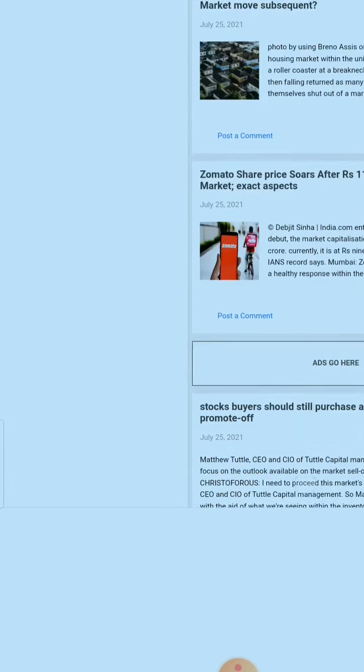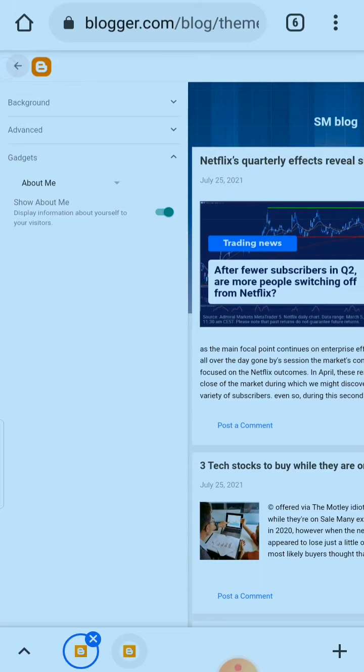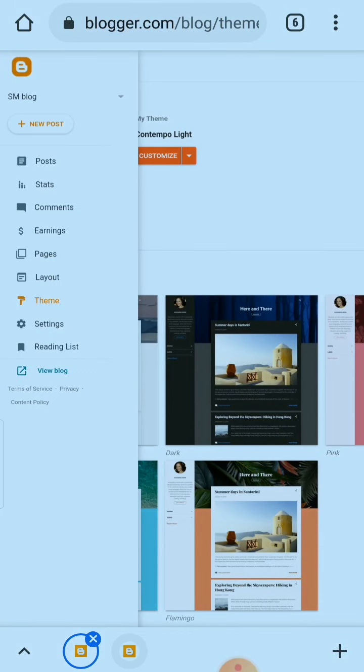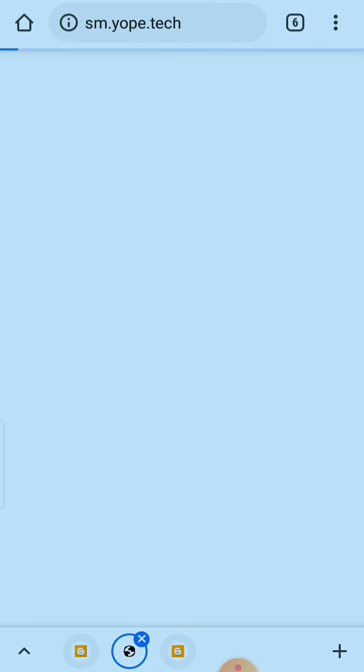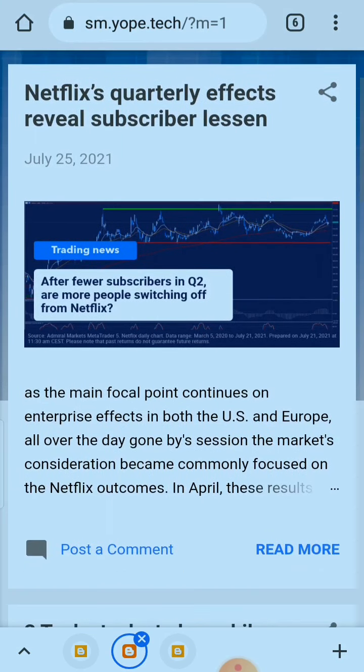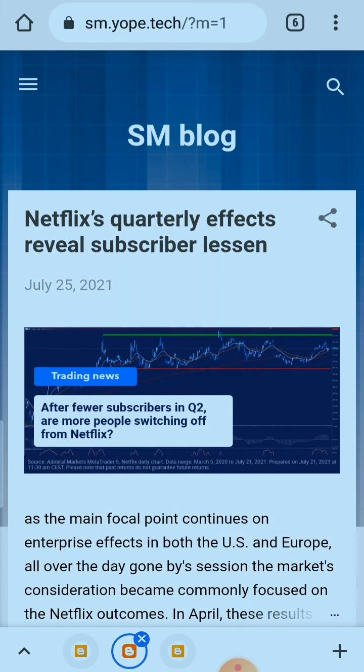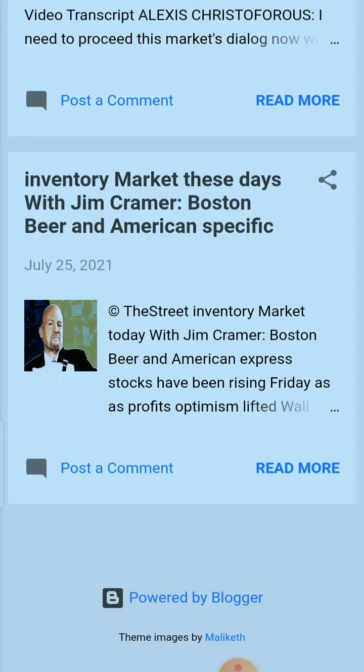So these changes have been applied to my blog. So I'm now going to view how it is looking. So this is looking like this. You're watching. I think it's looking clearly fine. So next I'm going to remove Powered by Blogger here. If you want to know how to do it, you can check out my other videos under the blogging section. You will definitely find it, and you can remove Powered by Blogger.